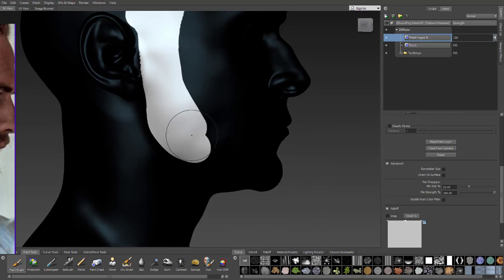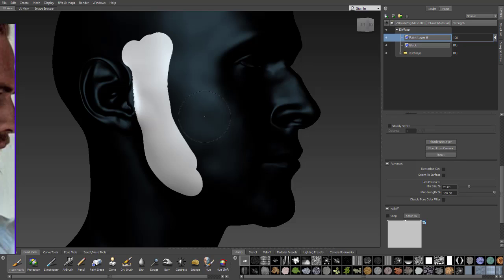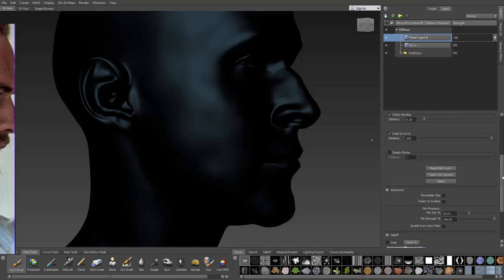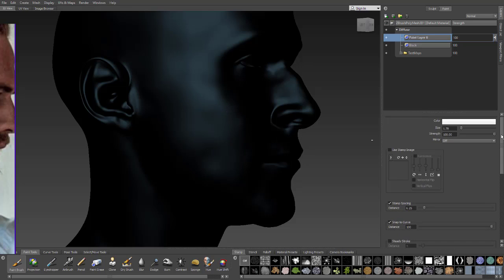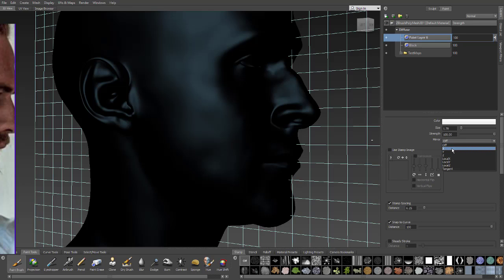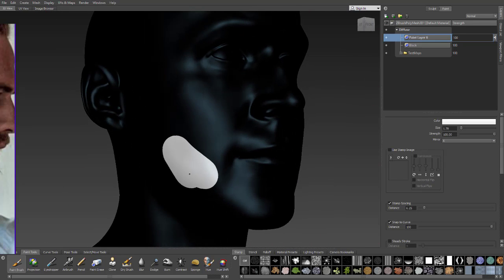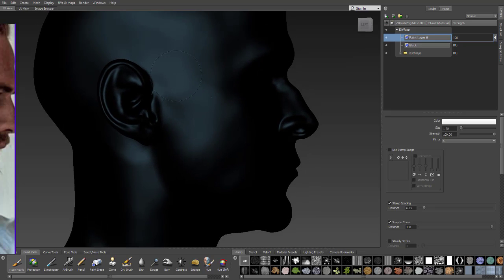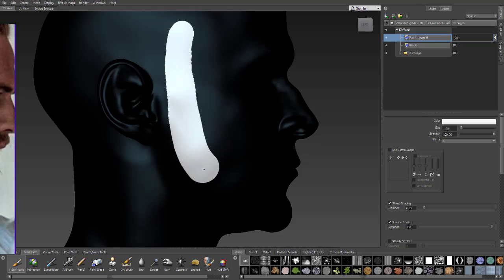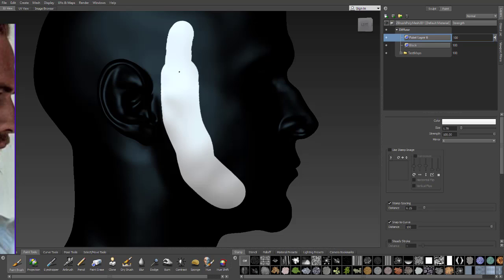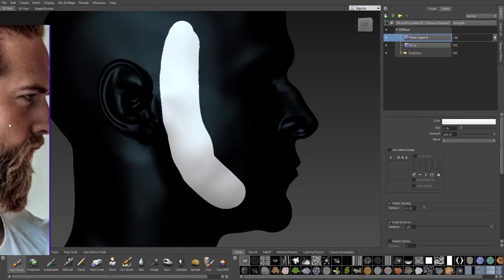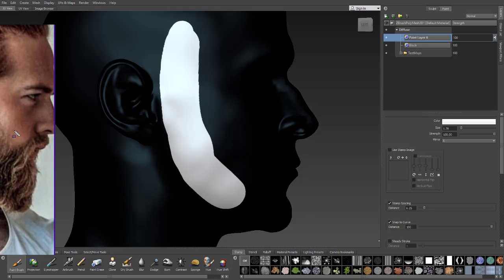I'm going to, oh wait, I have to turn on symmetry or mirror, where is it? Here, mirror X, right, like this. So I'm going to be, as I was saying, let's be very generous with this mask like this, and we can refine that later. Even though the mask goes up to the, wait,